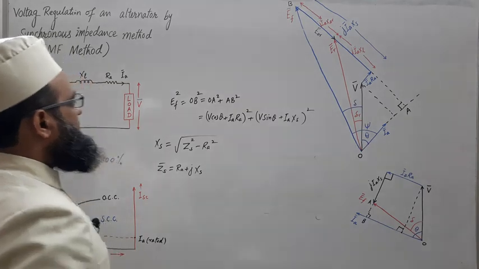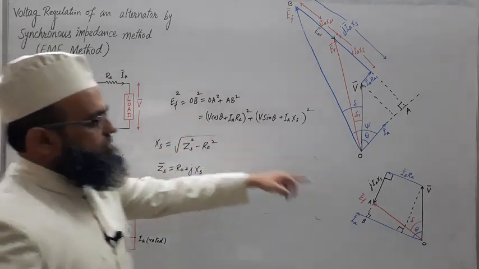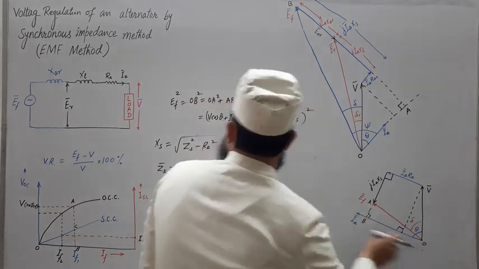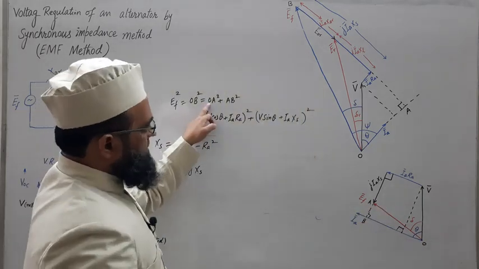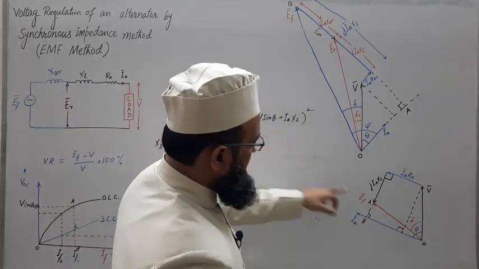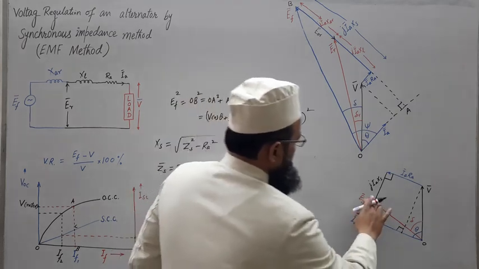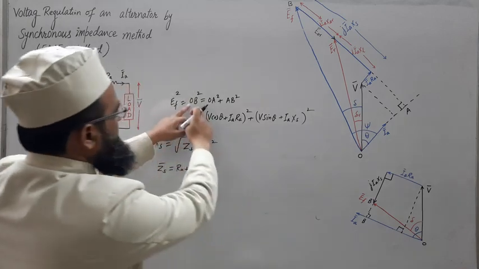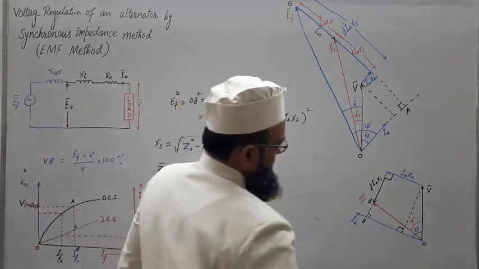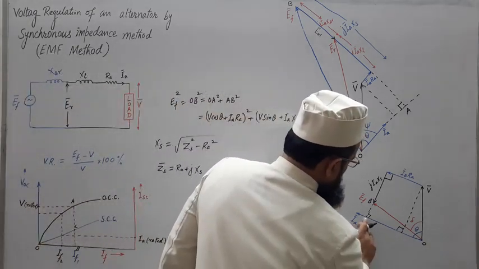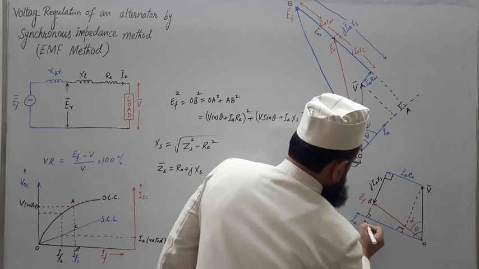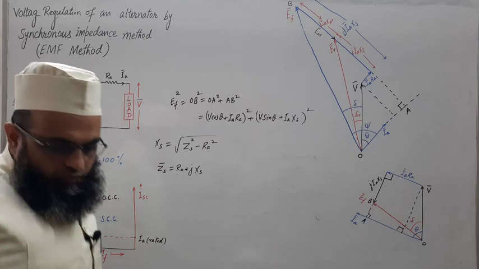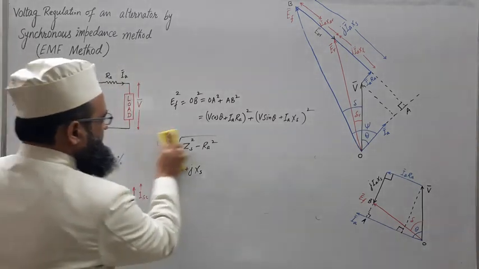If we want to get EF for leading power factor from this phasor diagram, we may write this EF again is OA square. Here we have named it B, so that we can use the same formula. OB square is equal to OA square plus AB square. So for leading power factor,